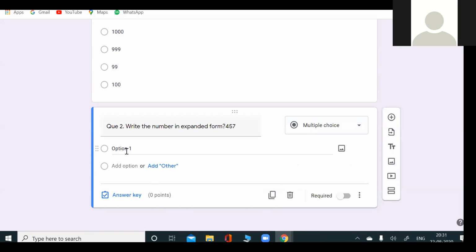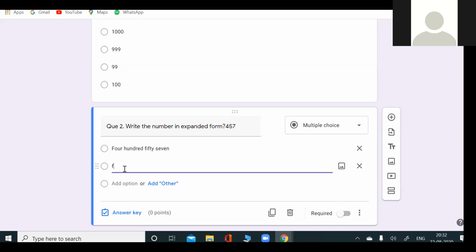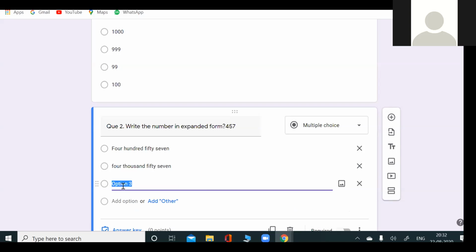And then I will give the options: 400, 57. Another option I will give, whatever options you want to give, you can give: 4057, right? And then another one I will give: 407.